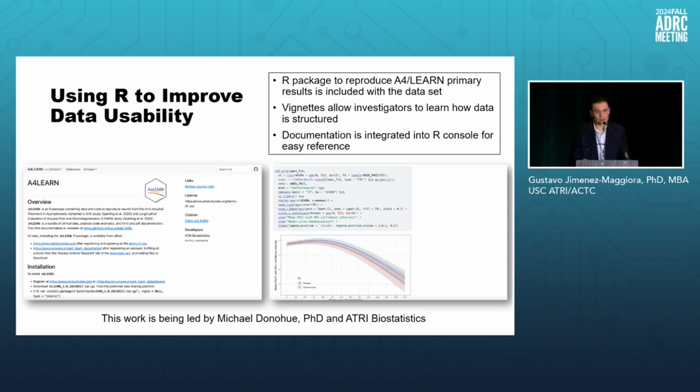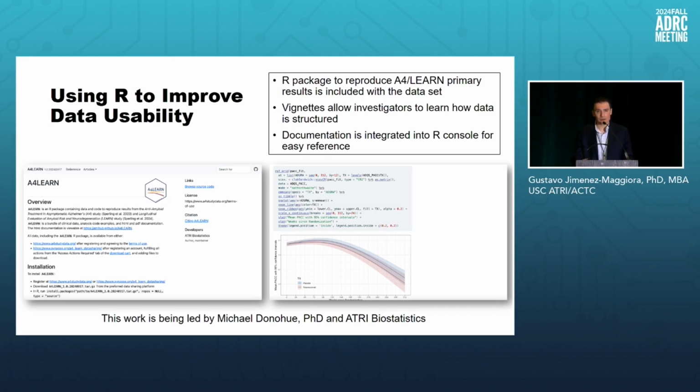So another lesson learned is that we've been thinking a lot about data usability, especially because, again, these data are very complex, and we recognize that especially for early career investigators, there's a usability issue. So I wanted to share a couple of approaches that we've been developing to try to make the data more usable. The first approach is work that's being led by my colleague Mike Donahue and the ADRC Biostatistics Group, developing